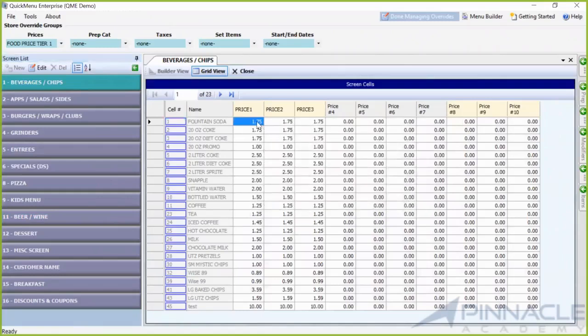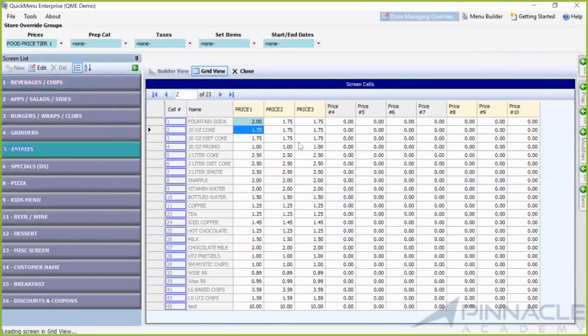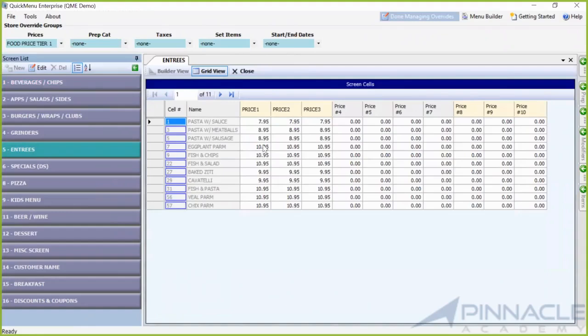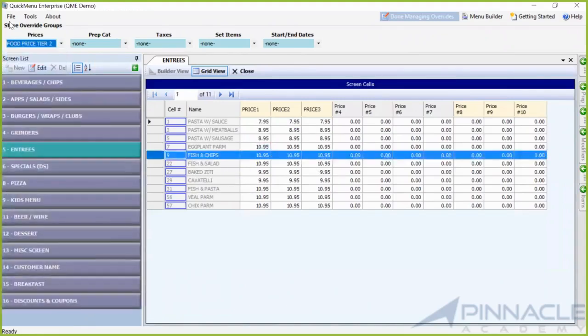So once I'm in here, as soon as I start changing prices, it's going to highlight in this greenish teal color, which means that this price is an override for this group. So the regular master database price is 1.75, which you could leave if those are all the same across all stores. You don't have to change it in the override group. The only thing you're changing in the override groups are anything that's different to this group than the master. So let's say this eggplant is 11, and normally it's 10.95 everywhere else. So you can go in here and program just like you normally would within this group, and then you can move between the